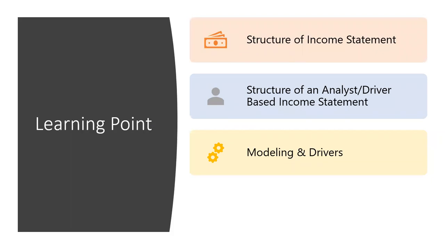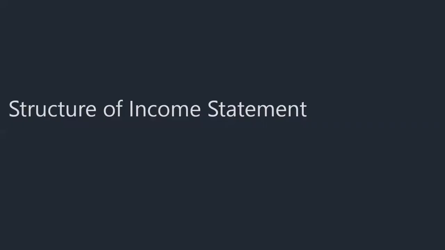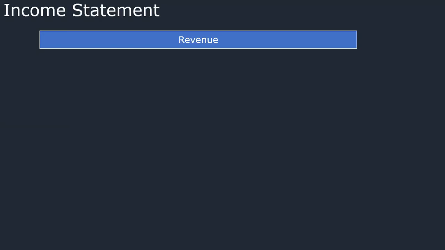So I want to forecast this line item. What would be the basis for forecasting this? And then we have something we call restructuring. So let me just run you through income statements. We believe revenue is like the umbrella of every business, right? And that means irrespective of whatsoever thing you are doing, you need revenue because it's like the umbrella. Once anything happens to your revenue, it affects the business as a whole. And that's why in corporate finance, we can almost set every line item as a driver to our revenue, right?